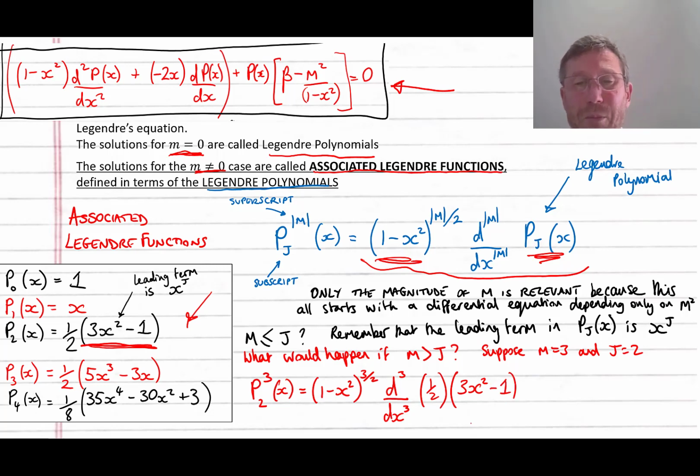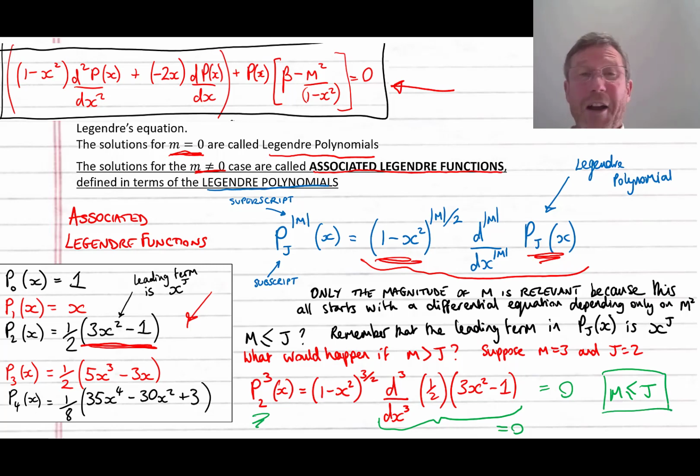Now we see where we've got a problem, because the third derivative of an x squared term is going to end up being equal to 0, and so the case where m is larger than j does not give us a finite value. It gives us a value of 0. So the result of all that is that m is less than or equal to j. And so we've just demonstrated that if we want a solution, we've got to have m being less than